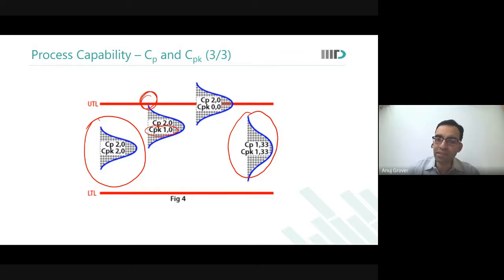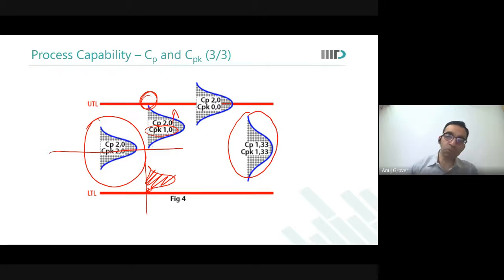This is exactly इसी फिगर को मैं यहाँ पे दोबारा से just horizontally place करके दिखा रहा हूँ। What we are looking at is that CP and CPK should both be good, so that if because of some variations SS slot बन रहा है या FS slot बन रहा है या कुछ हो रहा है, चीजें shift भी होती हैं towards left or towards right, even then you have good yield. At least 99% of dies are passing. Is that okay?